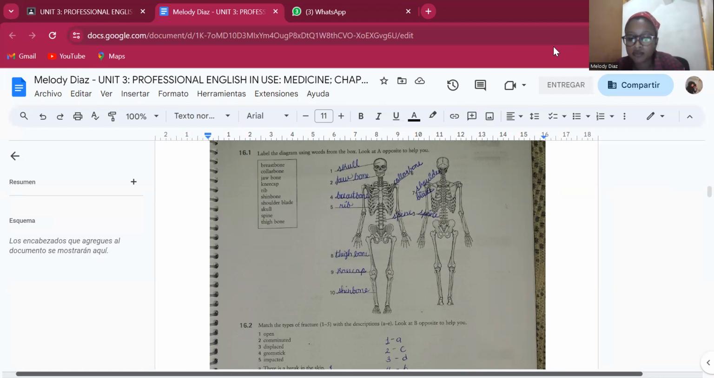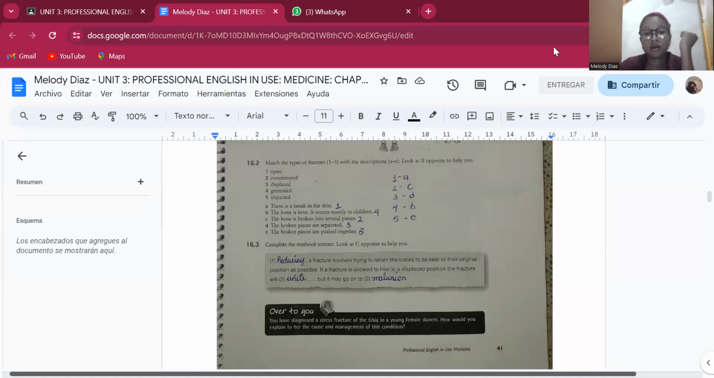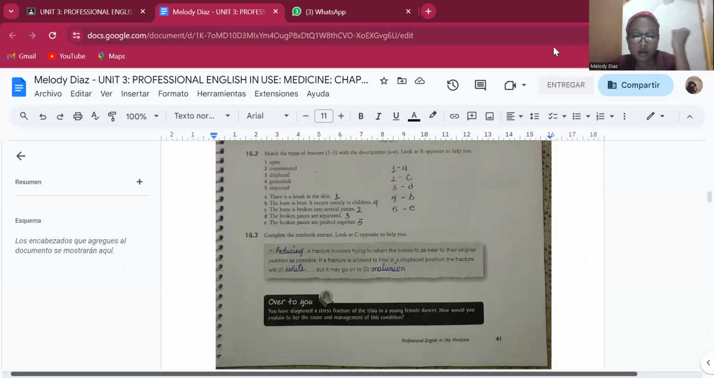Match the types of fracture 1 to 5 with the descriptions A to E. Look at B opposite to help you. Number 1, open, letter E. There is a break in the skin. Number 2,